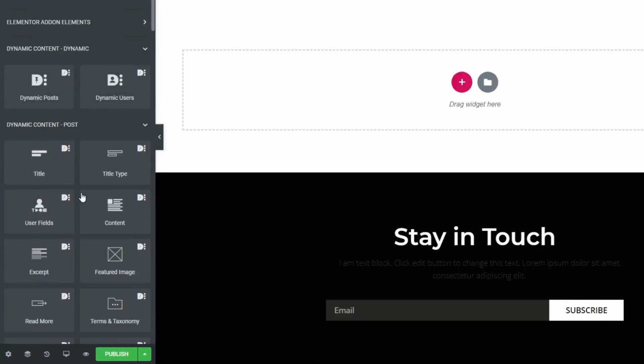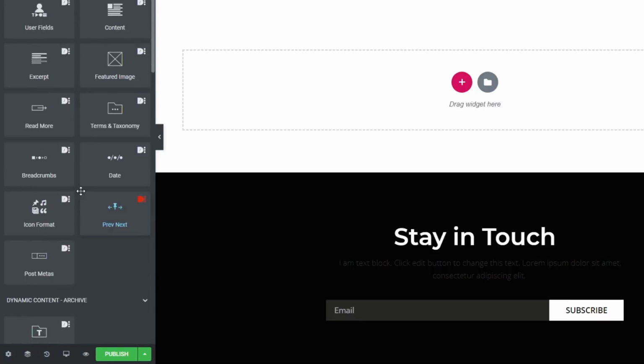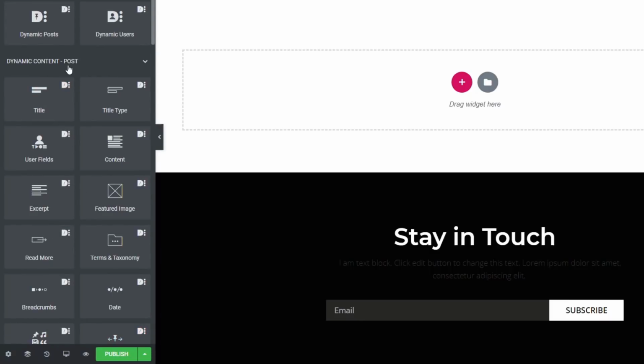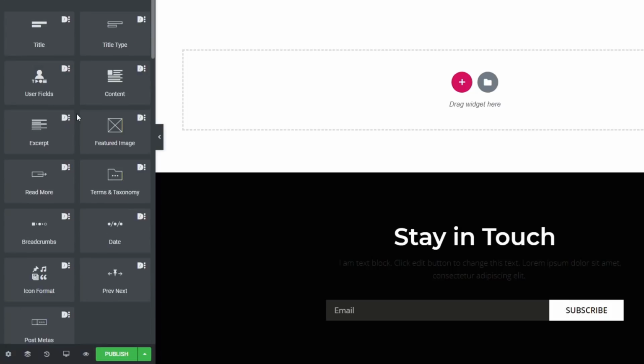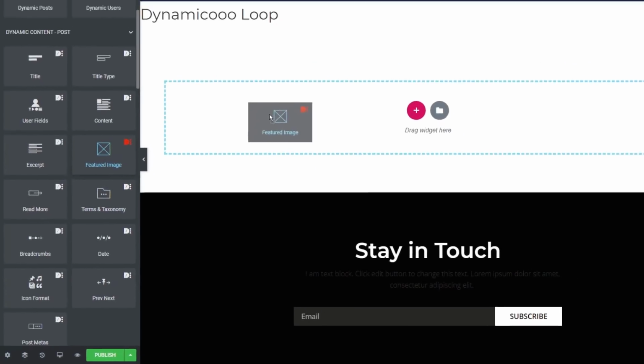You can see we've got a ton of different options here. But what we are interested in is this dynamic content post section. These are all the widgets that are associated with post information like titles, user fields, content, featured images, and so on. So first thing we're going to do, like we've done before, is drag and drop in the